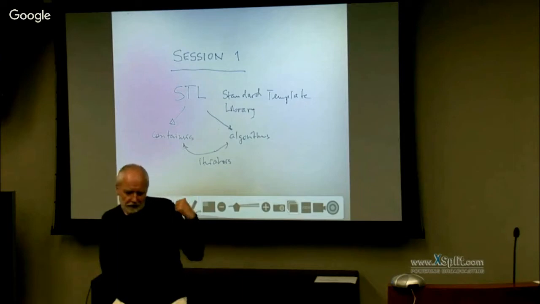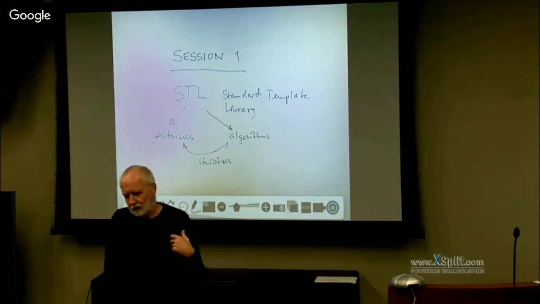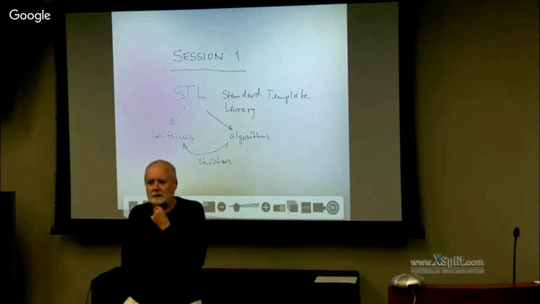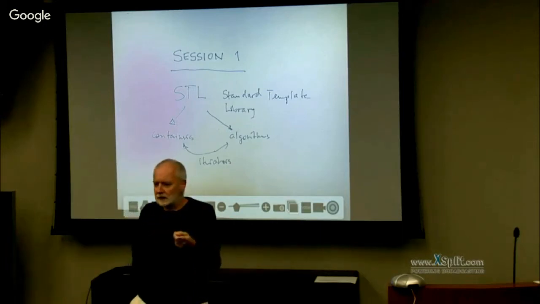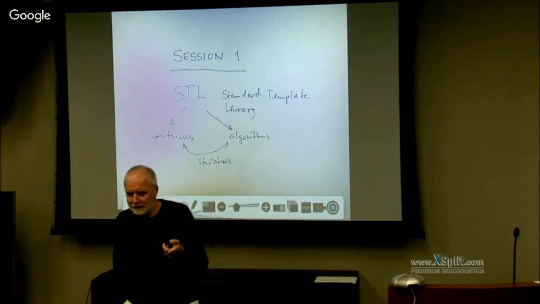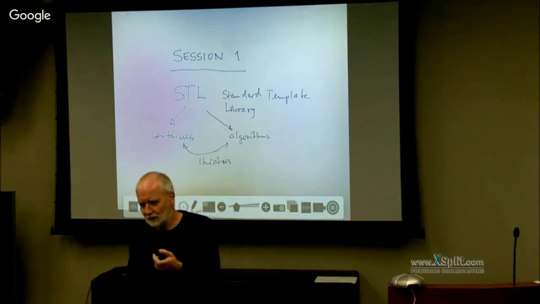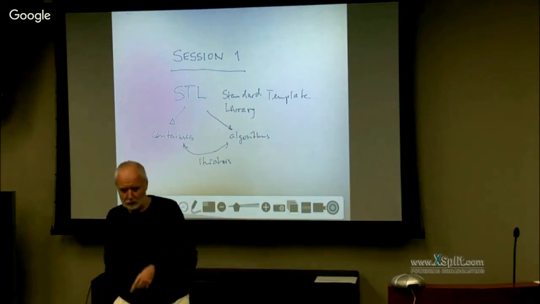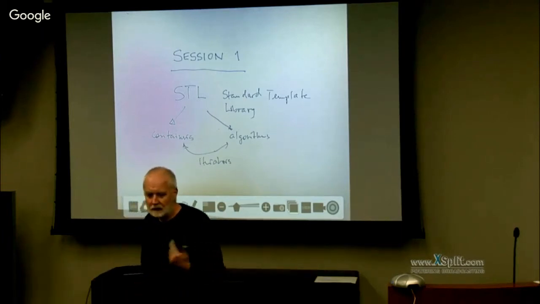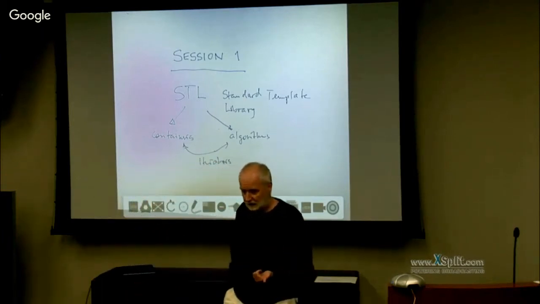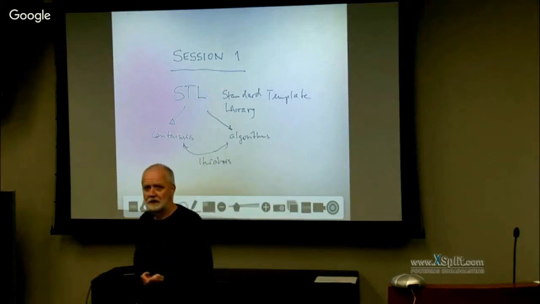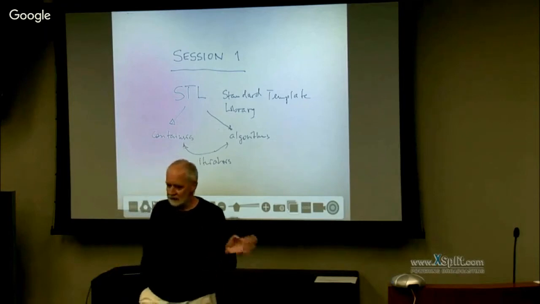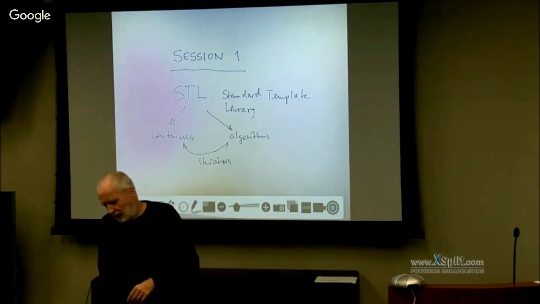The standard template library was invented by Alex Stepanov, the author of that book we've been looking at. He invented the STL in 1992 or a bit earlier, and it was added to the standard in 1995 and finally standardized for the first time.